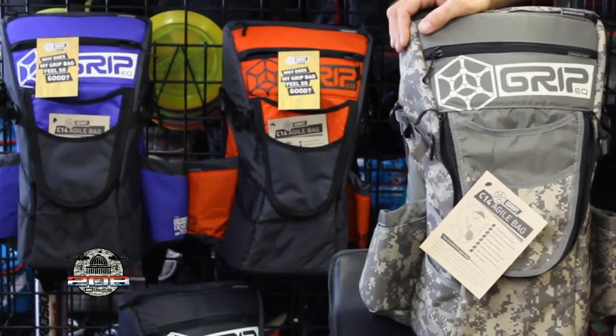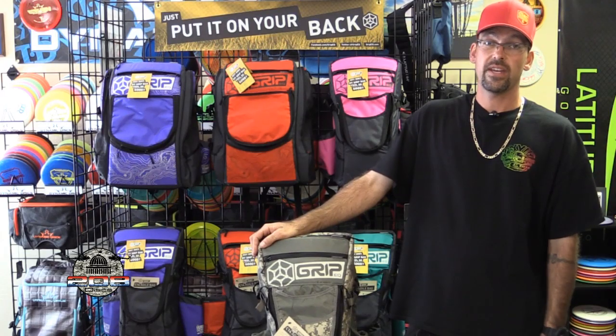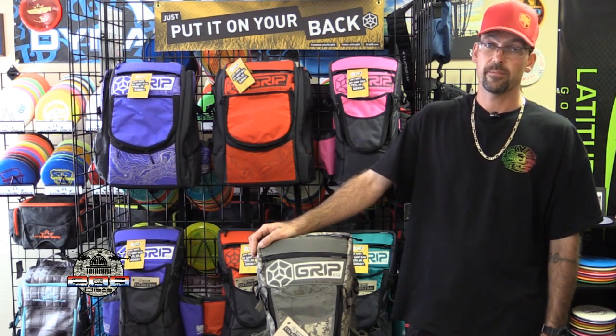Now granted, in tournament you always want to have that. You want to have your Firebird in there, you want to have your little specialty discs in there for when you get into a jam or need to get around something or need to get out of something or need a thumber or roller. So you're always going to have those in there, but I think people, at least locally, are kind of looking at their lineup a little bit and seeing if it's really necessary to have a 22